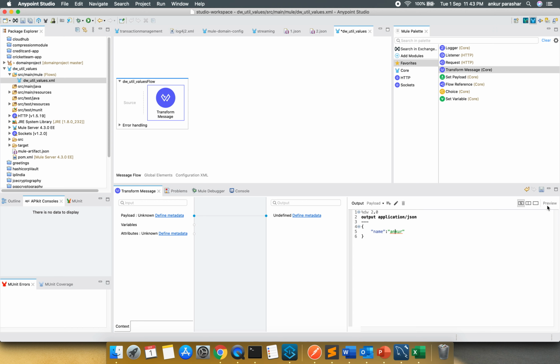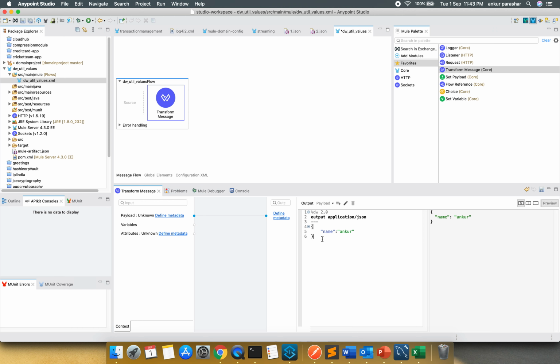Let me take a preview as well. Now I want only this particular value to be replaced with some other value. In order to use the DW util values, we need to import the class.